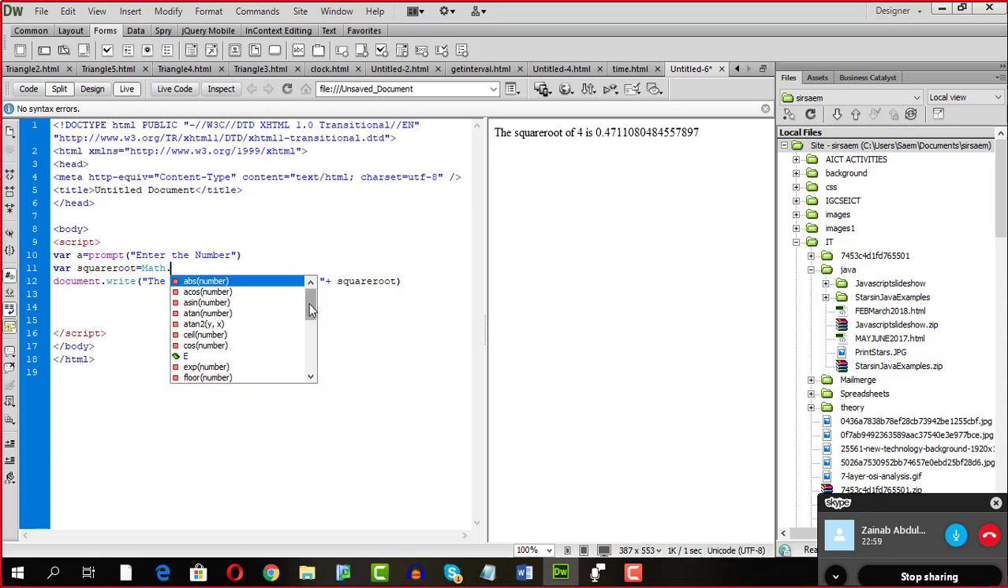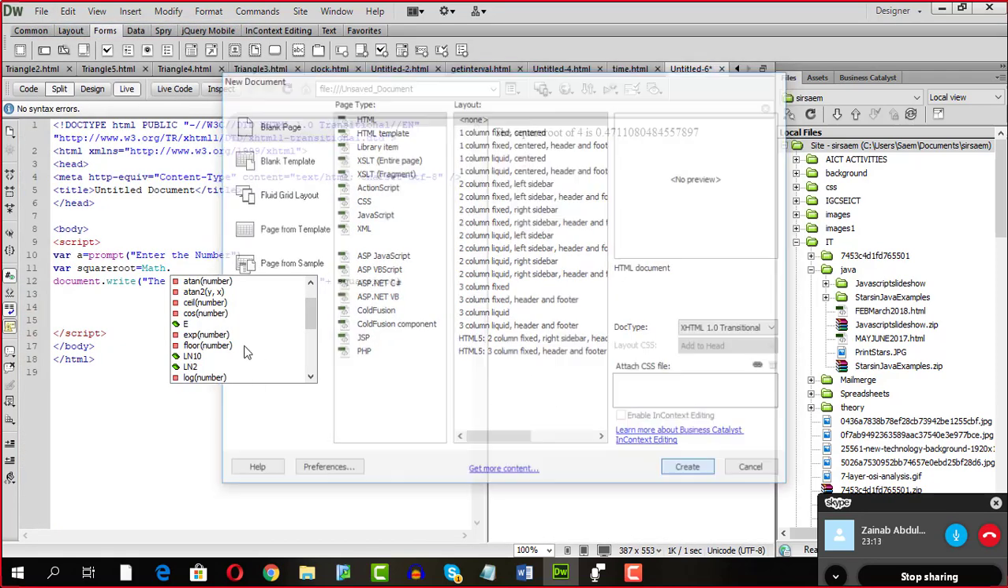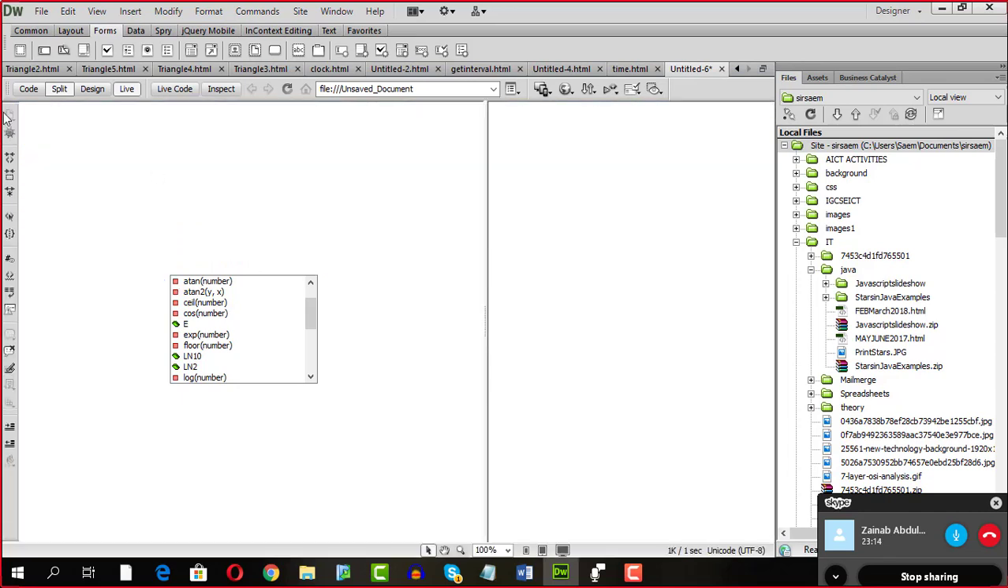I'll create an example. The rest, no: log, max, no, pi, no. Here square root is the only important one. Okay, another example that I wanted to discuss with you was